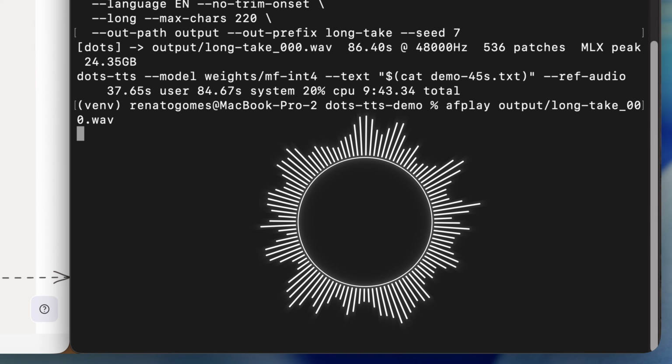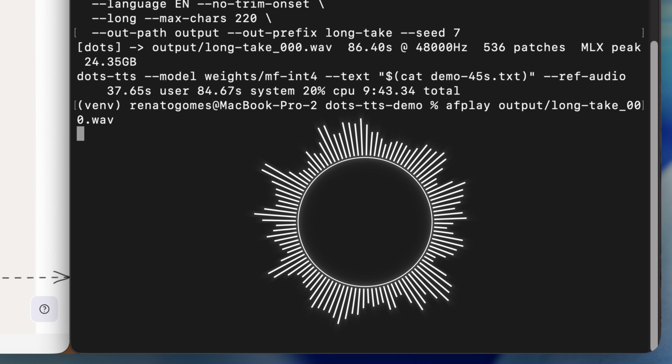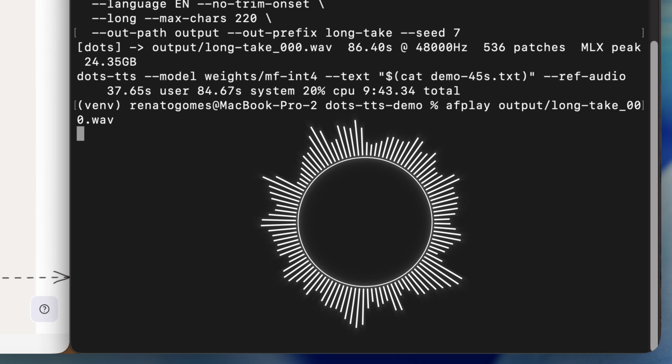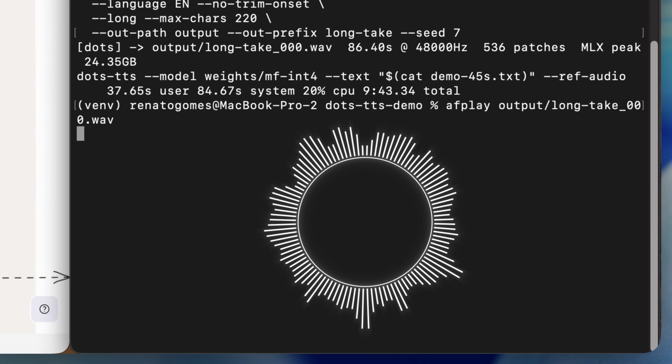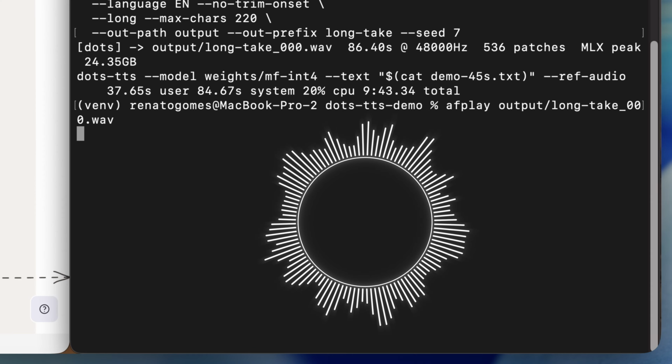Okay, so here's something I wish someone had told me earlier. You can run a full voice model on a normal laptop completely offline and it costs you nothing. No cloud, no API keys, no monthly bill. The whole thing is about 2.5 gigabytes on disk and it runs on the same chip that plays your YouTube